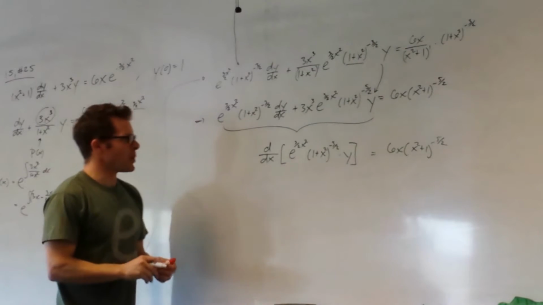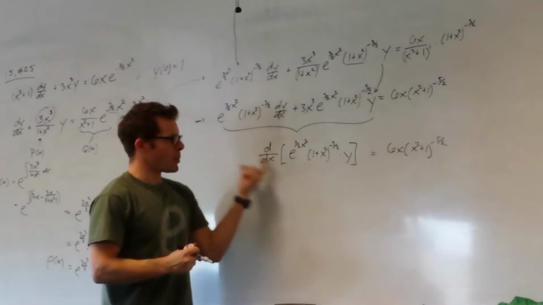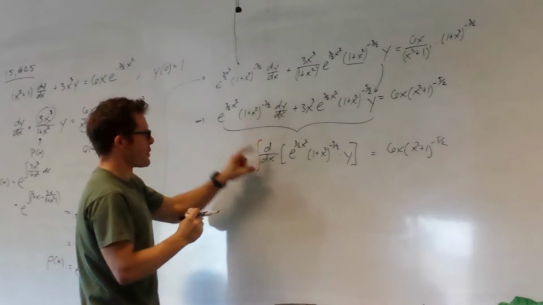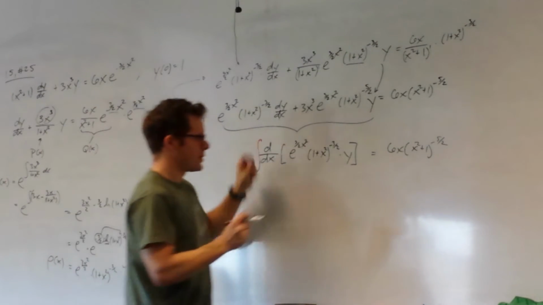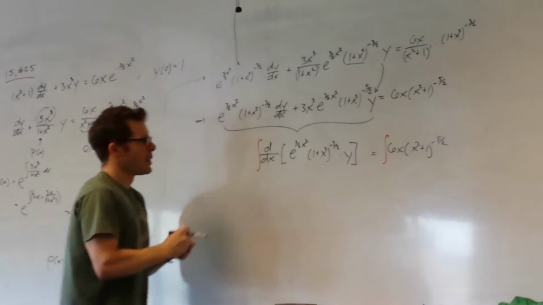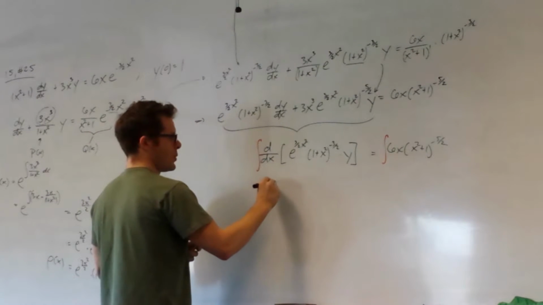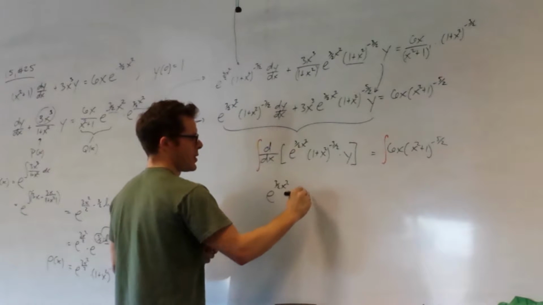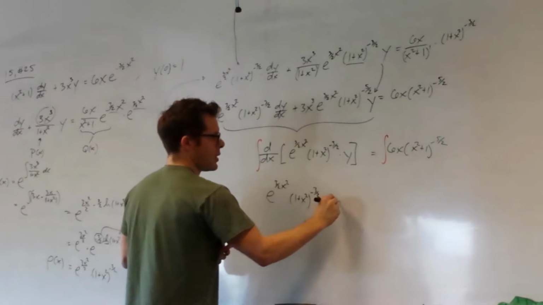Then at that point is when you can think about multiplying both sides by dx and integrating. This is a derivative, so if I take the antiderivative of it, then we get e to the 3 halves x squared, 1 plus x squared to the negative 3 halves y equals,